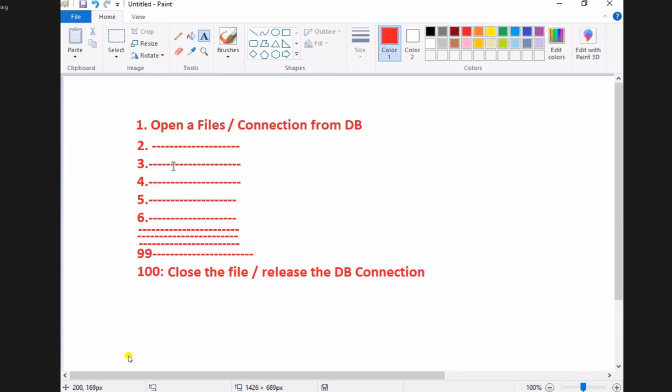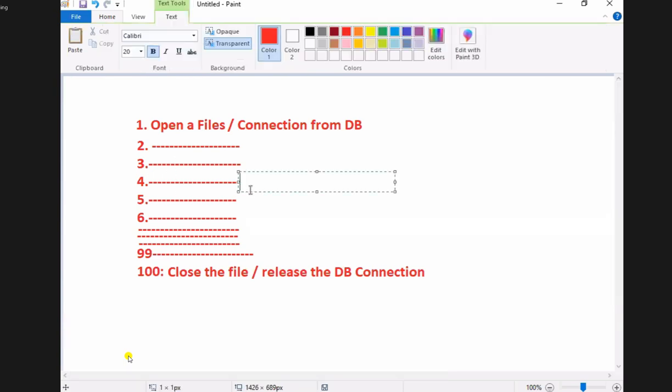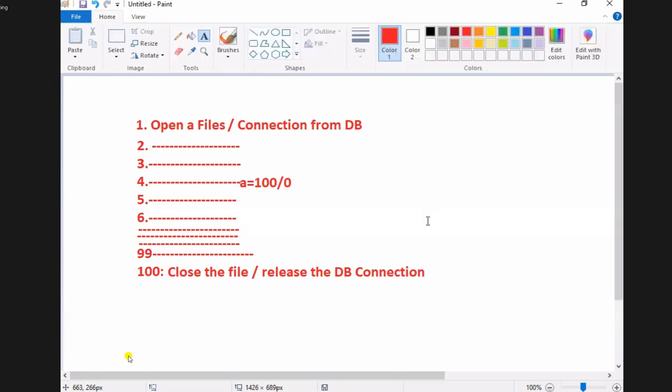In the middle of it, there is one statement. What is that statement? Line 10: a = 100/0. 100 by 0 means what? Some exception is there or not? In this, some statement is generating an exception.